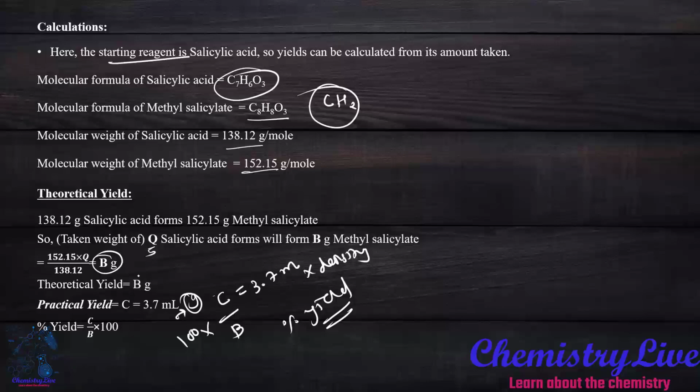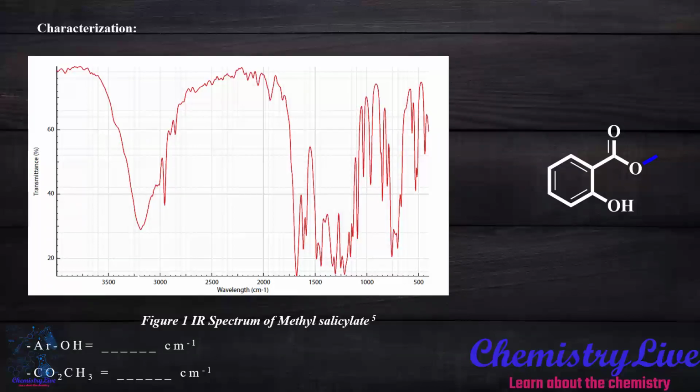The final characterization is IR, mass and NMR. First take a look at the IR characterization. In the IR there is a peak between 3200 to 3400. You must account for this peak and think about what it belongs to. Okay, we have OH, we have a COO ester group as well. You are aware of these because it's pretty simple. That peak is also pretty simple, and one peak is something different, so you also have to take a look at that peak. The C peak you have to identify and write down.